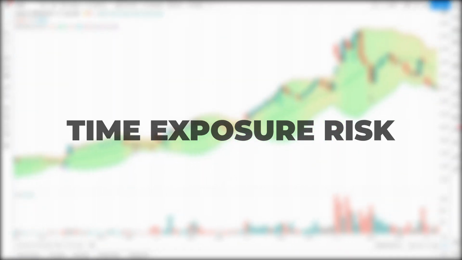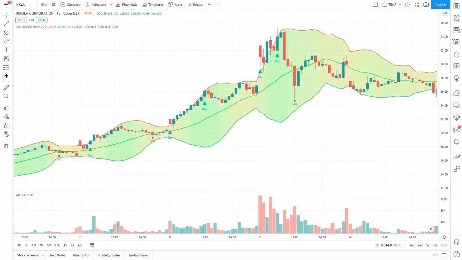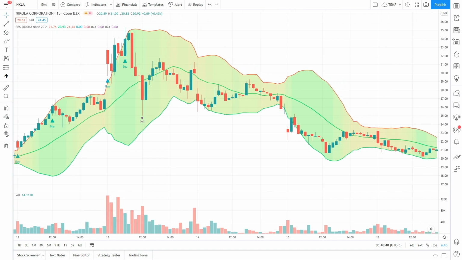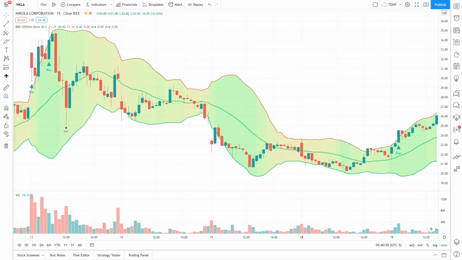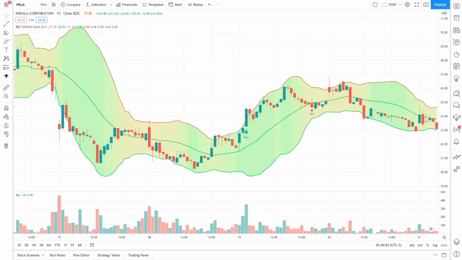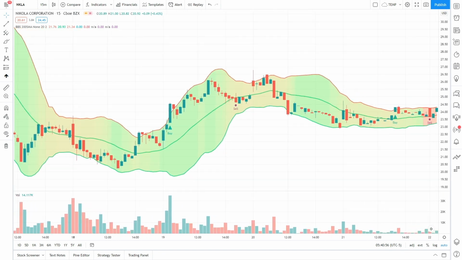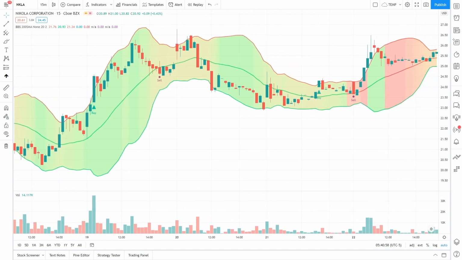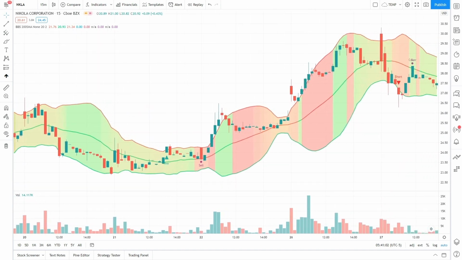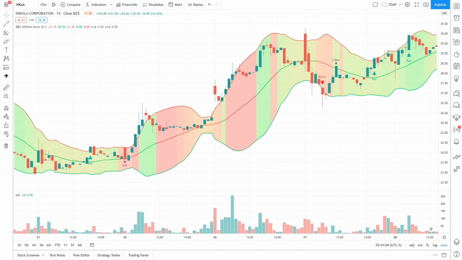Another advantage to the Bollinger Squeeze strategy when compared to a buy and hold is the difference in the time exposure risk. When holding a position for any period of time, we are exposed to the risks of market volatility, as well as unexpected events and circumstances, which could significantly impact the value of our position. By only entering trades when we are experiencing breakout conditions, as per the Bollinger Squeeze strategy, we are avoiding market exposure when price is stagnant and not trending in any defined direction.